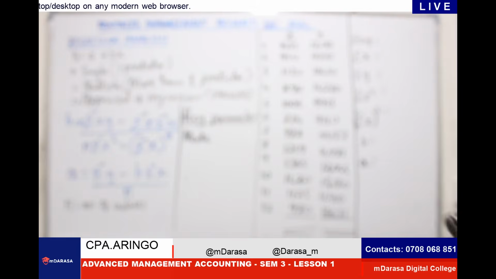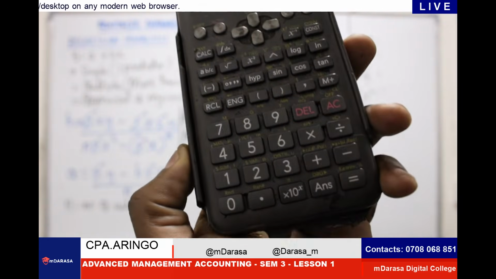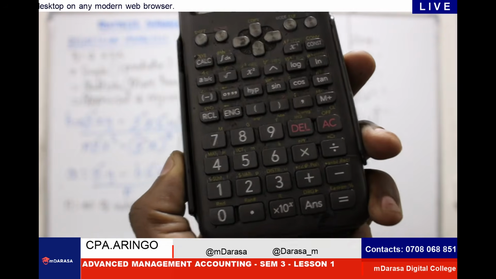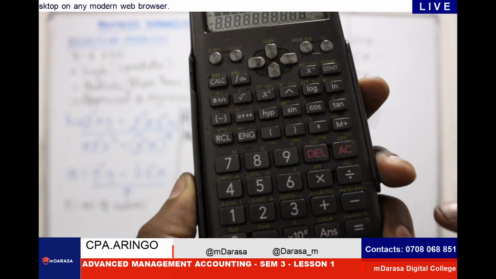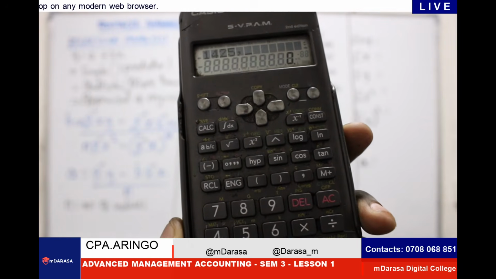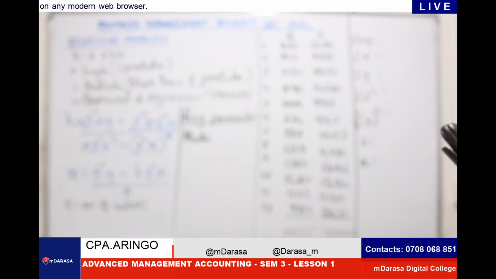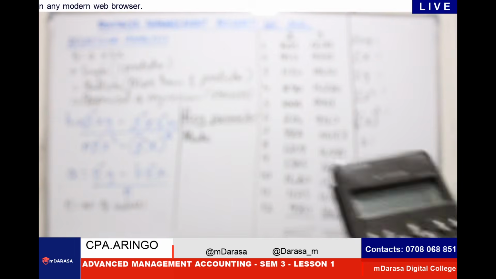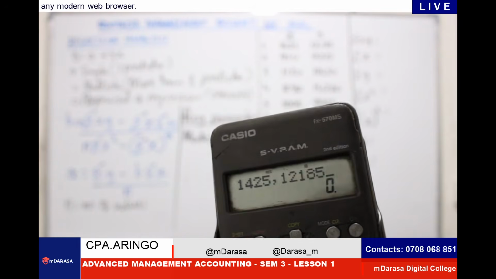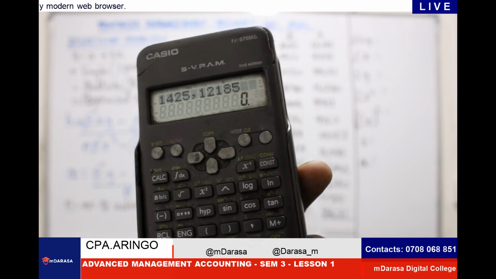My first value is 1425. I do comma. Where are you going to get the comma? In your calculator, you can see my comma is just beside the M plus. I put the value of y, which is 12,185. Once I've inputted 12,185, you see on my calculator there is a sign of M plus.